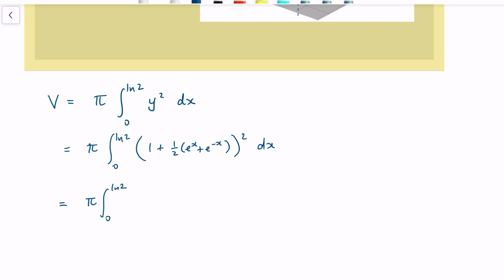Okay, and we square that, we get 1 plus 2 lots of the terms multiplied together, so that's 2 times a half is 1, so we get e to the x plus e to the minus x, and then we get the last thing squared, a quarter, e to the x all squared, so e to the 2x plus e to the minus 2x plus 2 lots of e to the x times e to the minus x, which is 1, so we get 2,